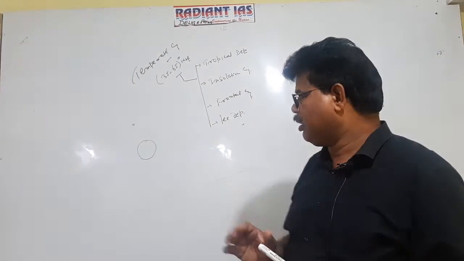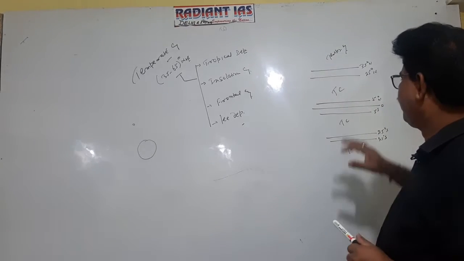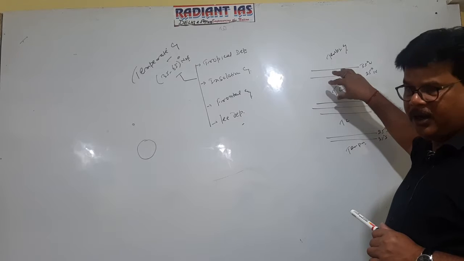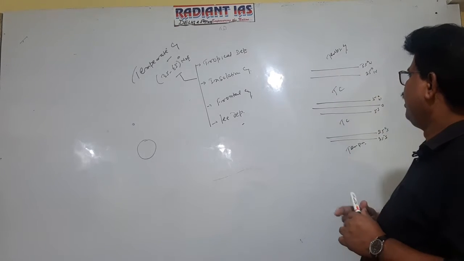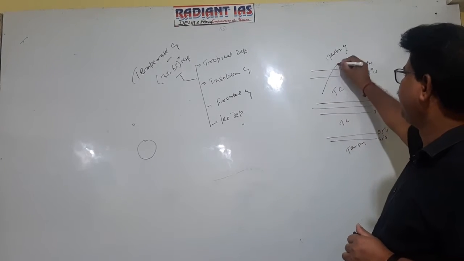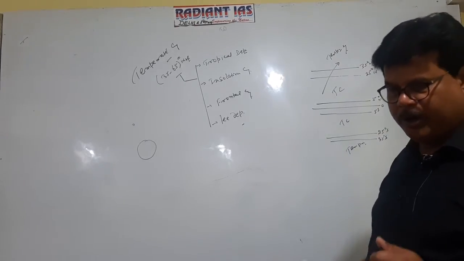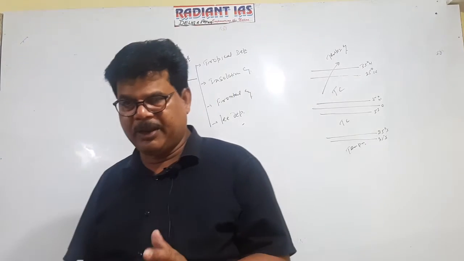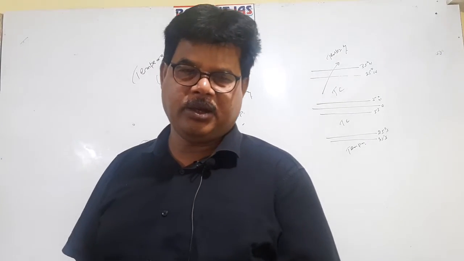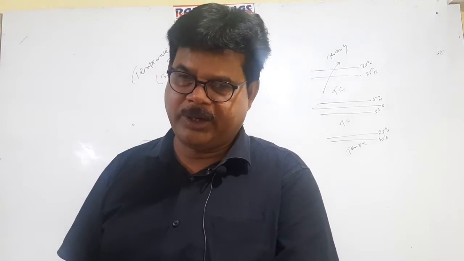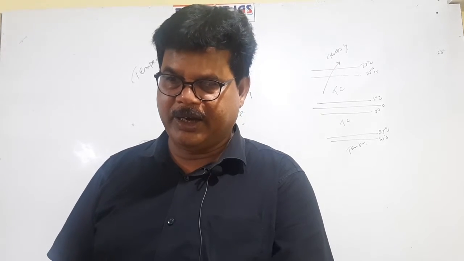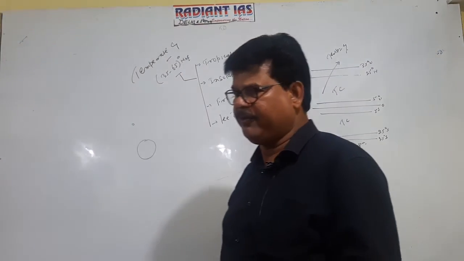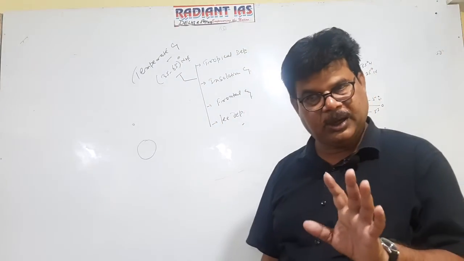Now see, suppose a tropical cyclone is formed in the tropical zone, and during its migration it enters into the temperate zone. When tropical cyclone during its movement enters the temperate zone, this tropical cyclone gets modified and attains the characteristics of temperate cyclone, and this cyclone is referred to as tropical depression.